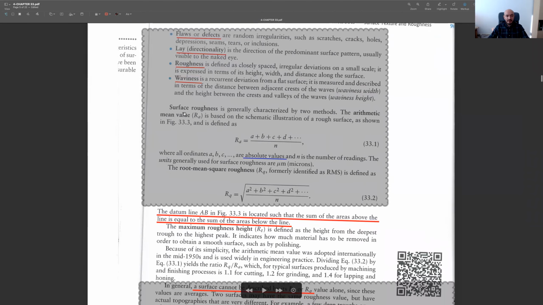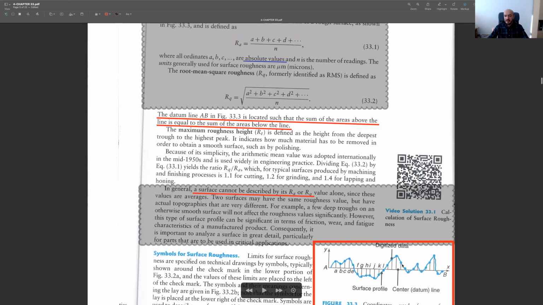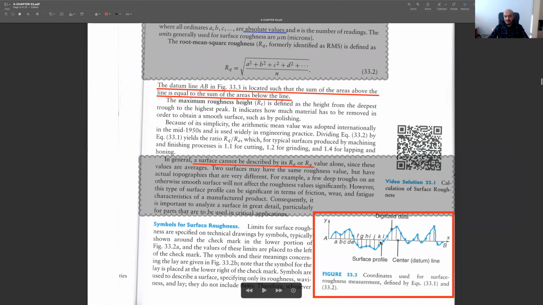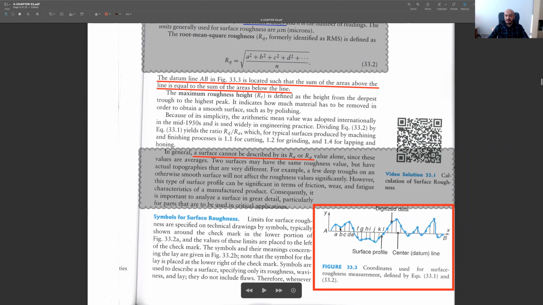Now let's focus on how we measure the surface roughness. This is a typical image of a surface, as you see. And what we do, we take some measurements at these instances. And as you see, we have equal intervals between these measurements, A, B, C, D, and other measurements below. So the first thing is that after you get these measurements, you need to draw a line, a datum line, at the center,